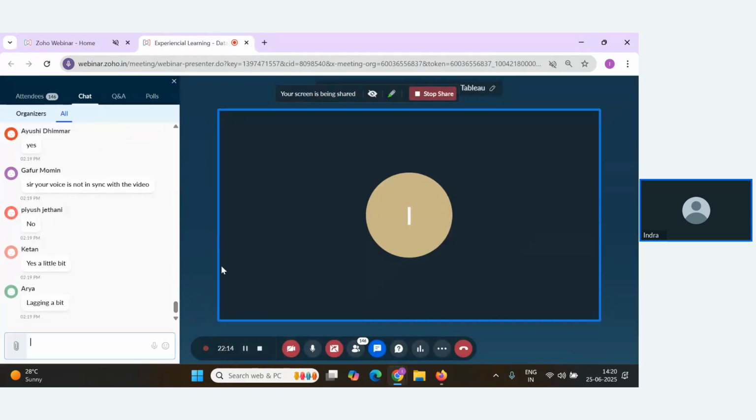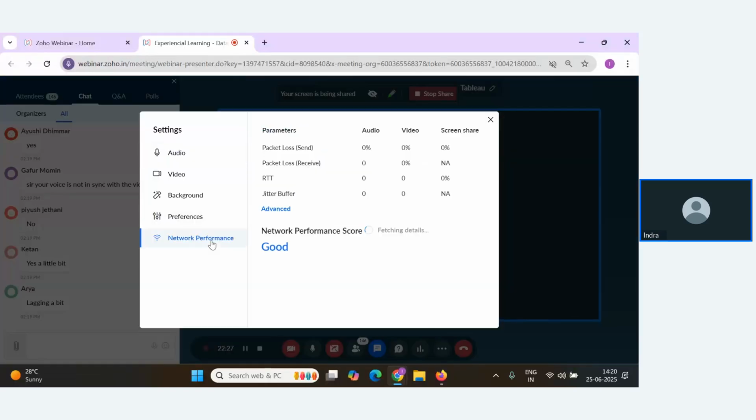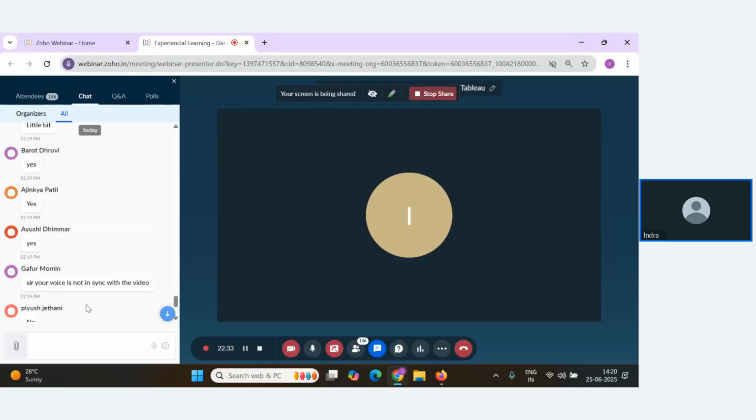My network is good. Can you check your connectivity once?